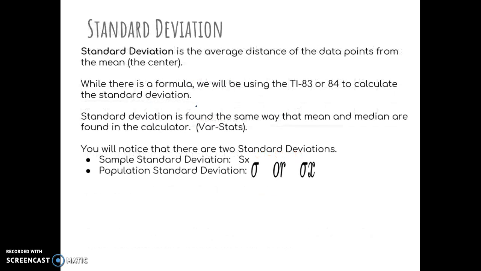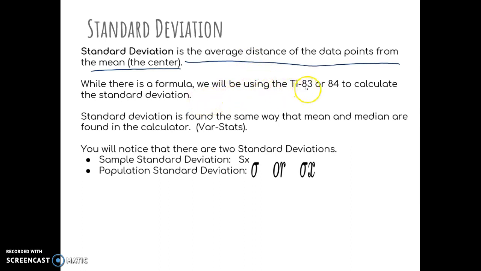So instead we're going to use what is called standard deviation. Standard deviation is the average distance of the data points from the mean or from the center. So basically what you would do to find this is figure out what the mean was, then take each data value and find out how far from the mean each of those data points is. Once you find that distance, then you take the average. Now, there's a little bit more to it than that, but